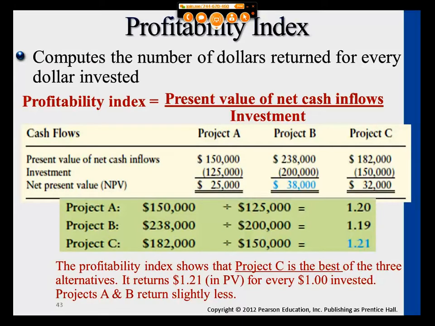with the initial investment of 125,000, which tells us that the net present value is 25,000. That's given to you. We also know what's happening with the second one. It's 38,000 with